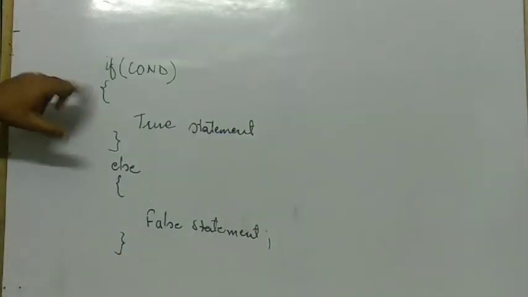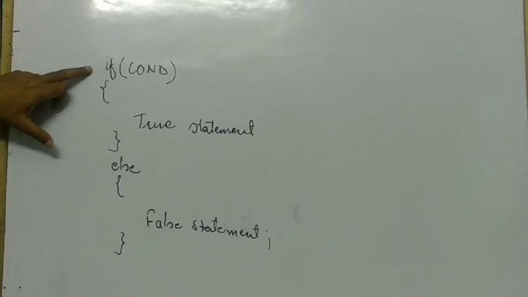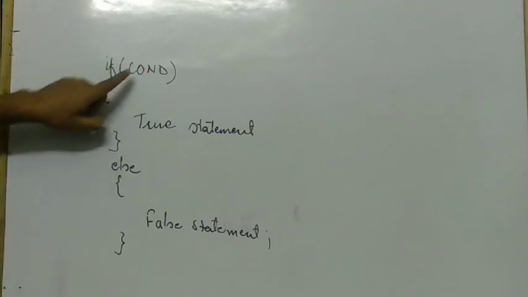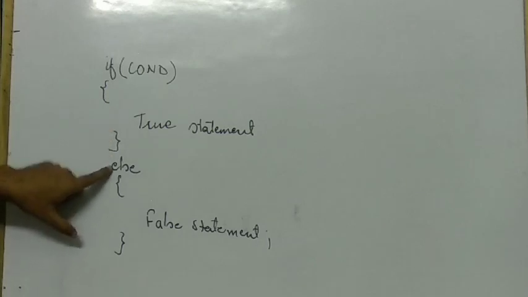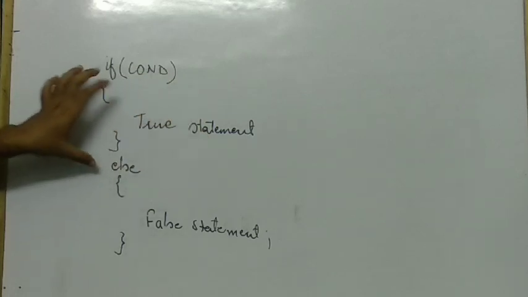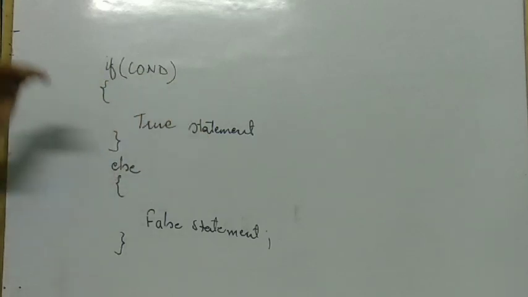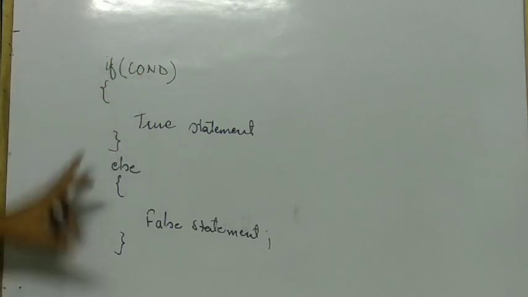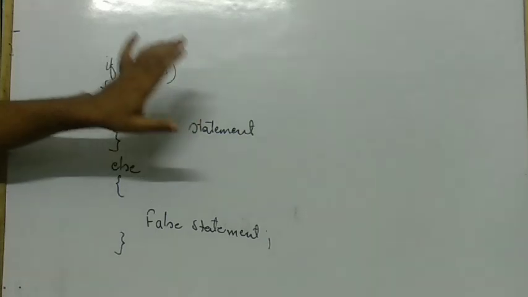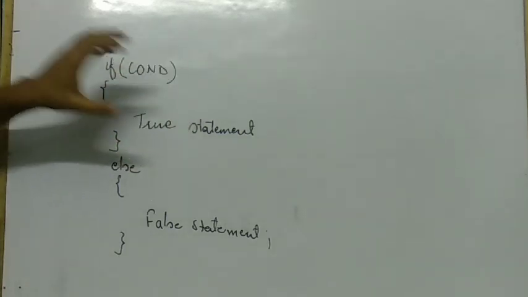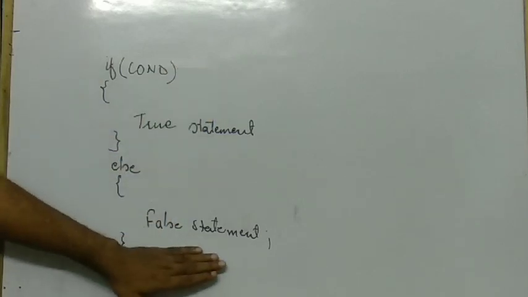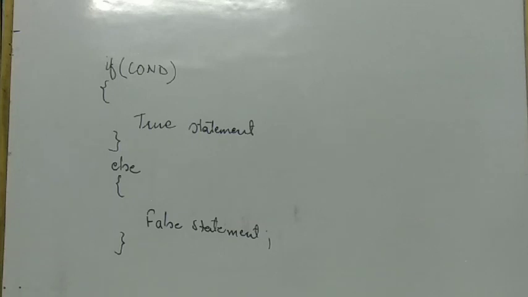Okay, along with if, we are going to write the condition but not with the else, because if this condition is false, only then the control comes to the else. If this condition is true, the program control will not enter the else block. If this condition is false, then the program will skip this true statement part and come directly to the false statement part. Take an example.